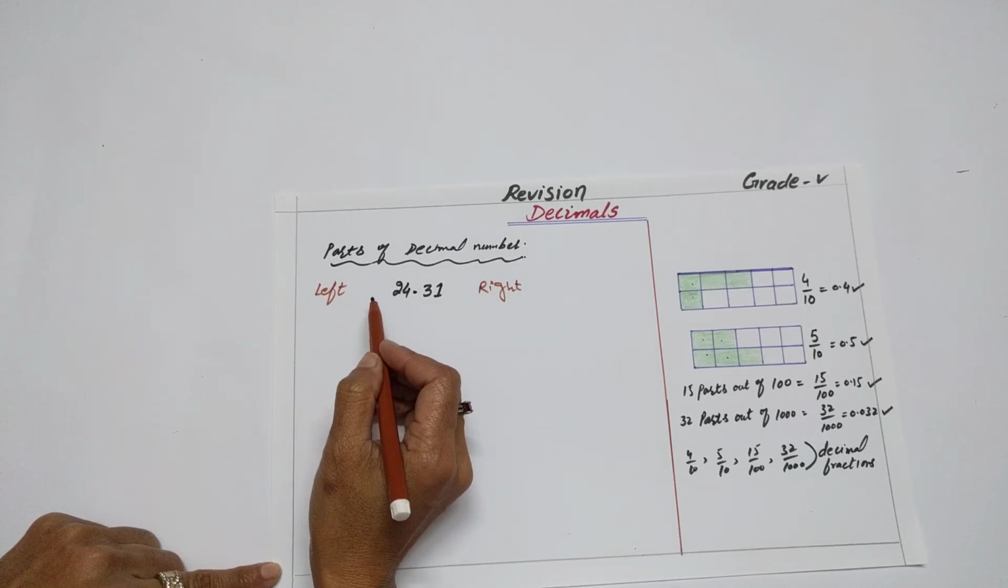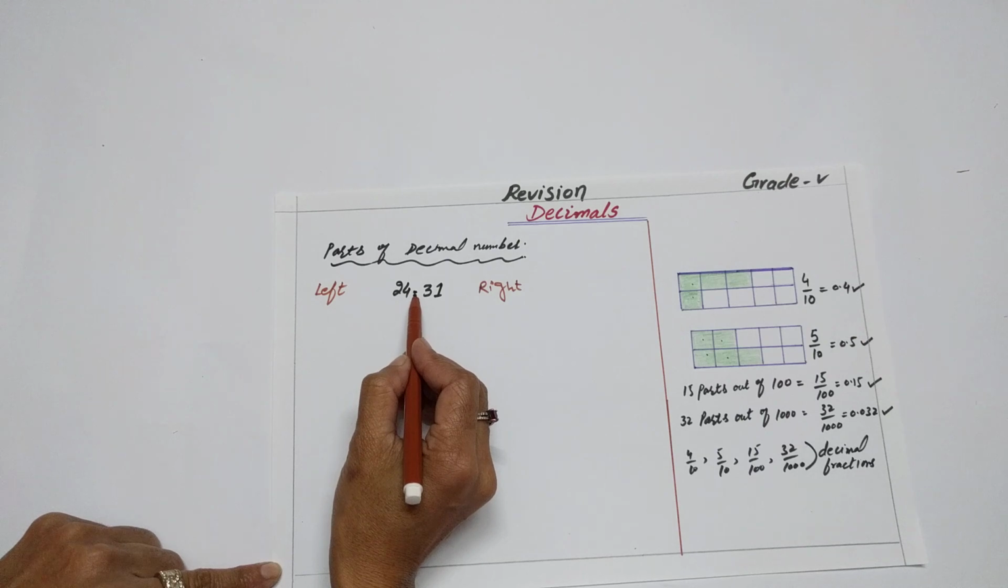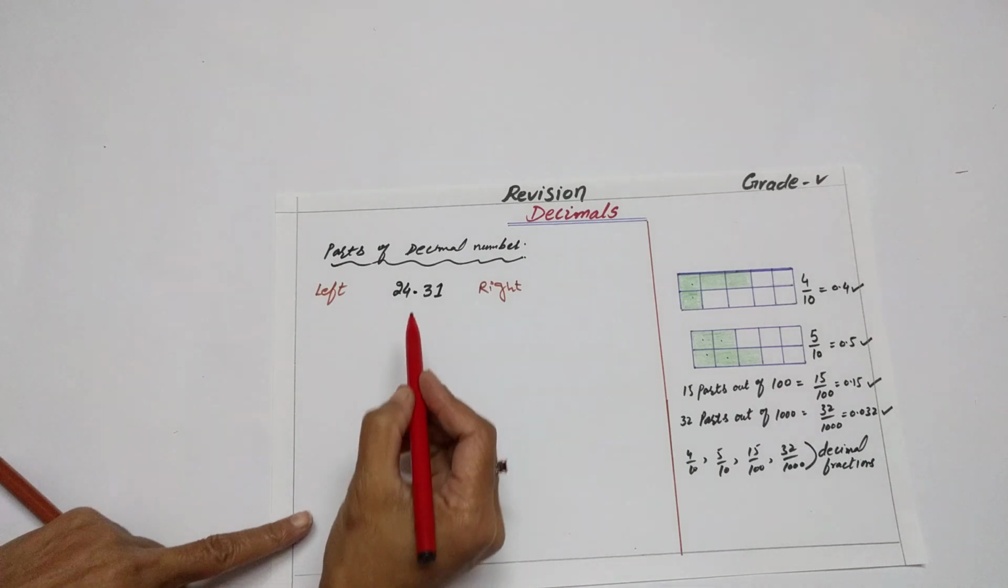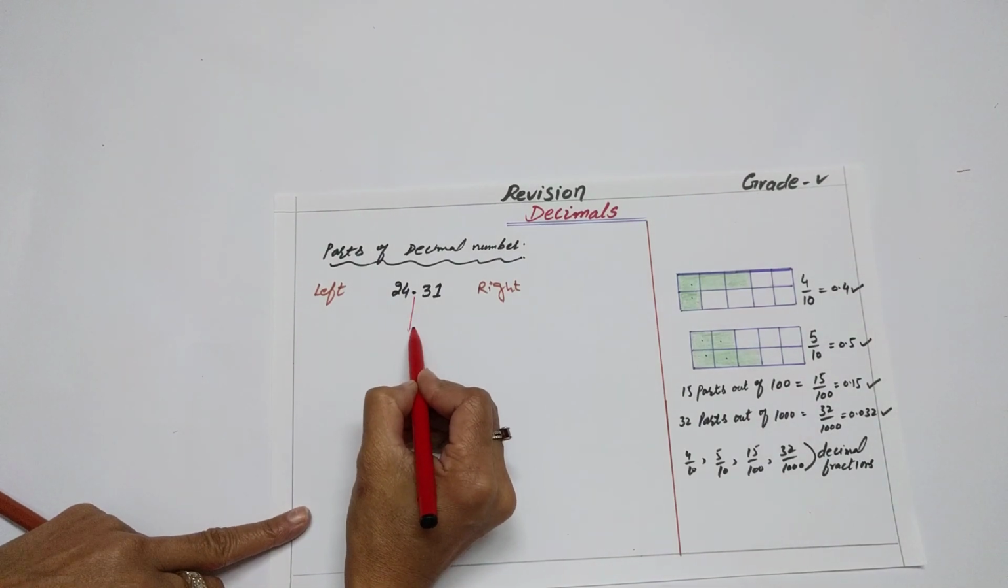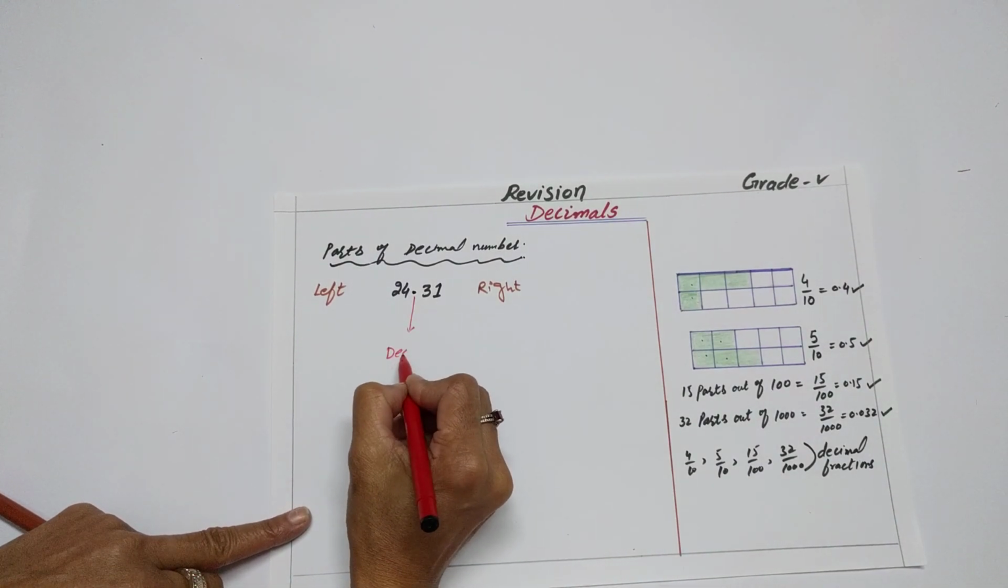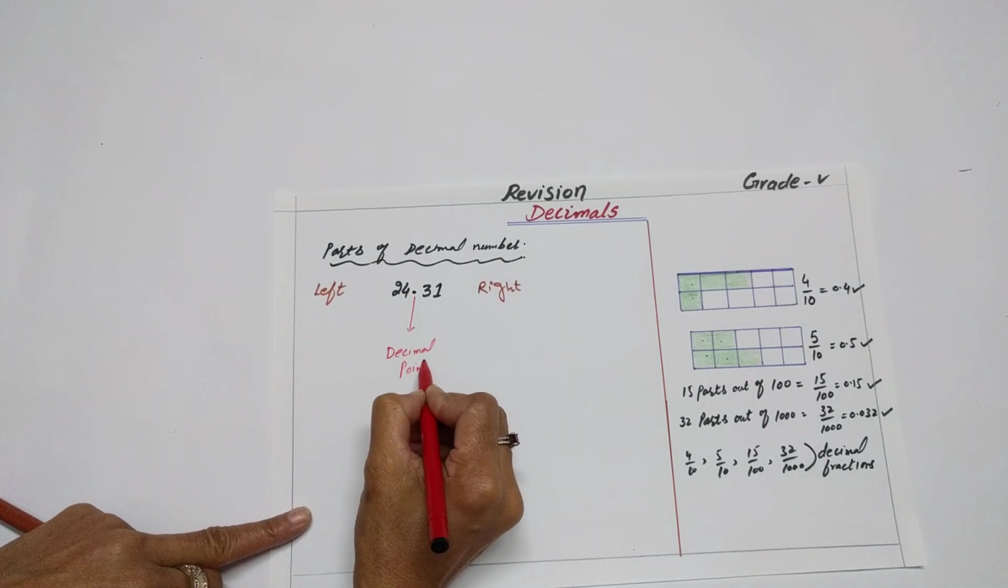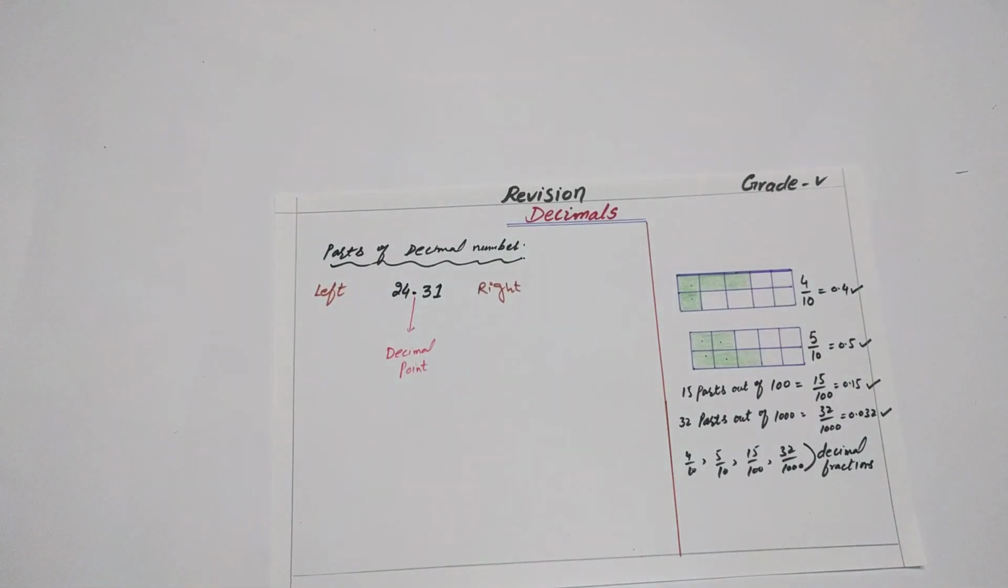So on the right side, this dot is actually called the decimal point. The name of this dot is decimal point. This dot is called decimal point, and the right side